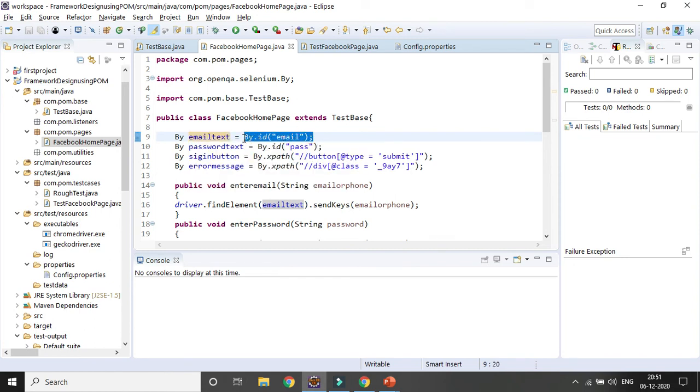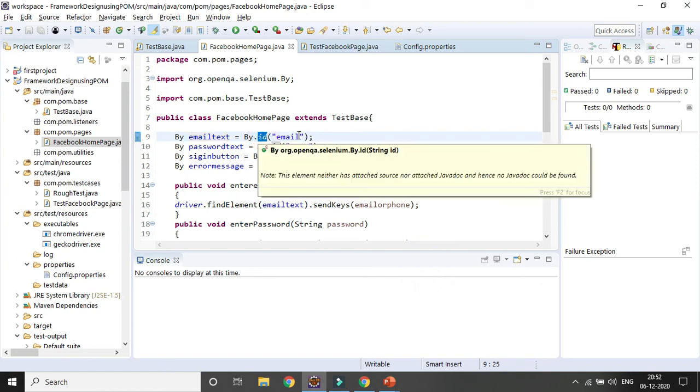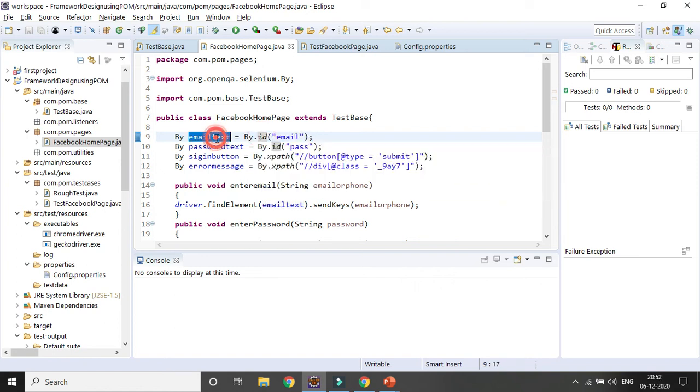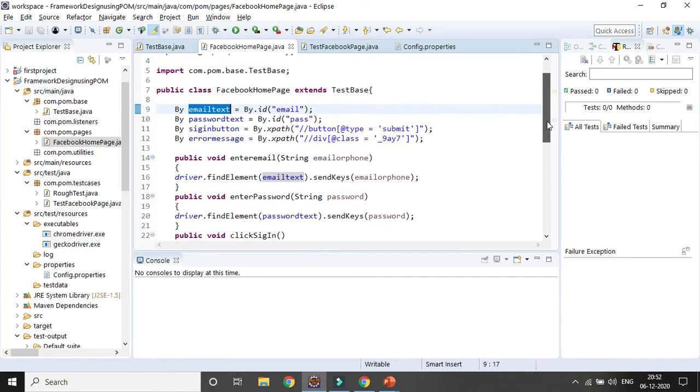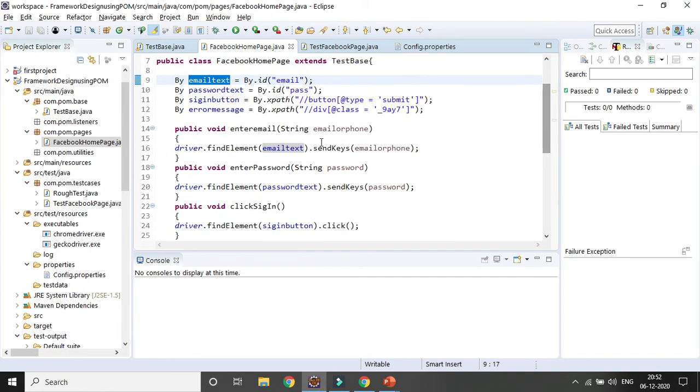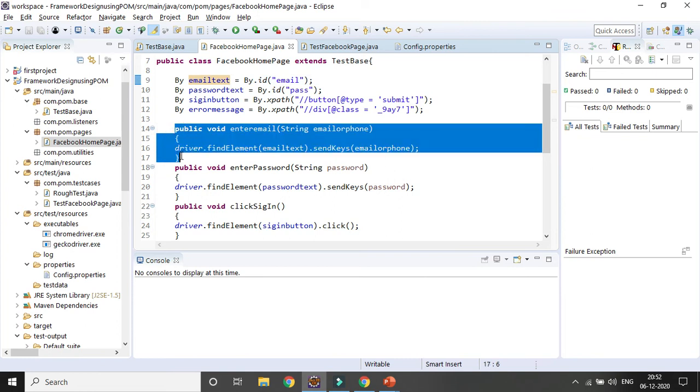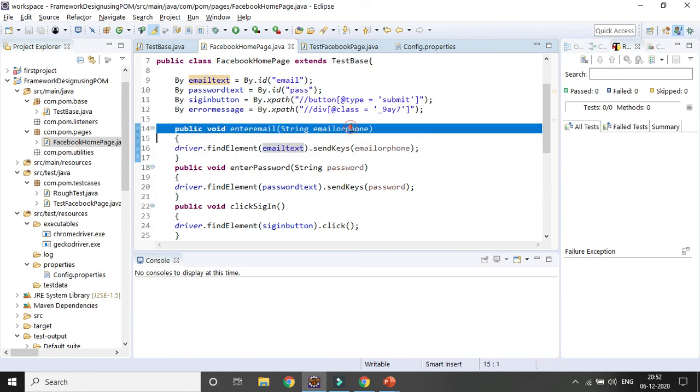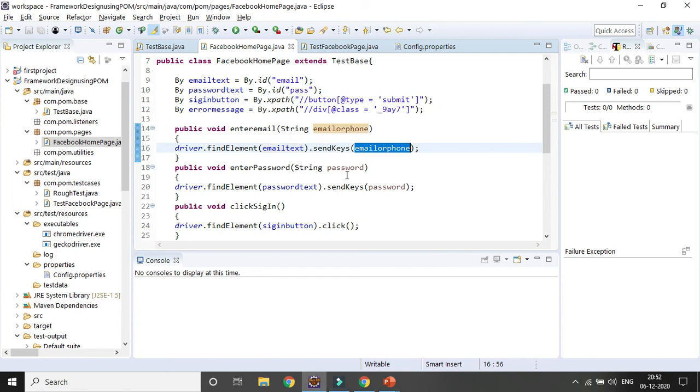Okay, so in case a particular field needs to be used multiple times, we will simply use that reference. And say now the ID email is no longer valid. Suppose I need to change it to name equal to email, so I simply change it here to name email. So it will be updated in all the places wherever that reference is called, right? And here, instead of a hard coded value, I am providing a reference. I want to pass the reference, and that reference will be entered in the email and password fields, right? Then I will be clicking the sign in button.